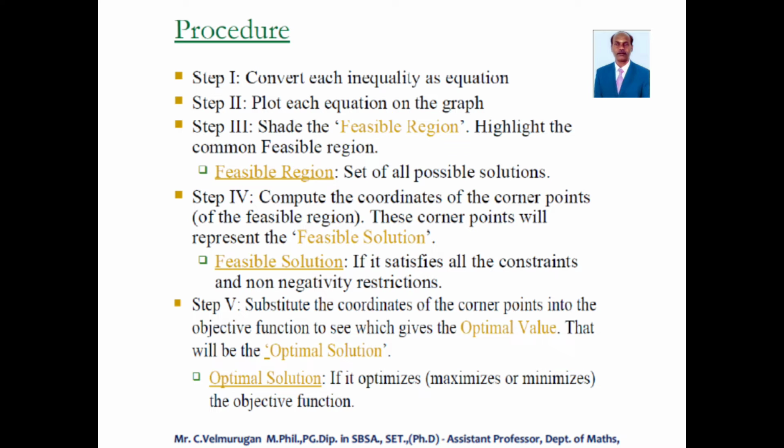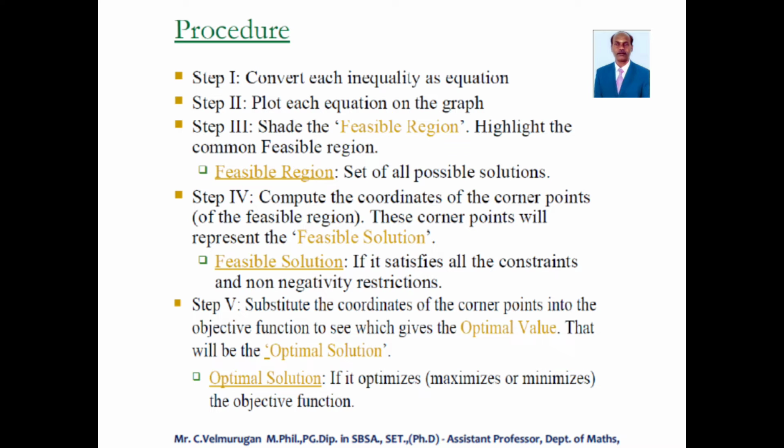So this is known as a feasible solution. What is a feasible solution? It satisfies all the constraints and non-negative restrictions. Only then can we say that it is a feasible solution. And then step 5: substitute the coordinates of the corner points into the objective function to see which gives the